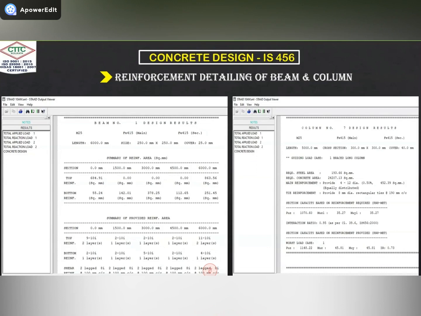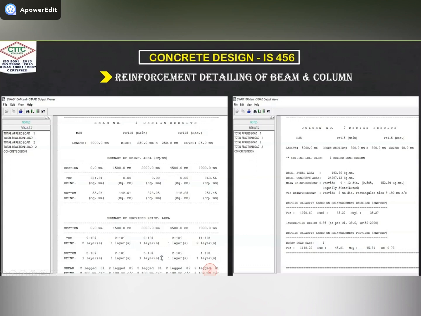How much rod we want to put in the column, what size of rod, and how much spacing. So we need that result, and that result is given by StatPro. You can see here, this one is the result and this one is the column. In BIM, we are sometimes using the number of bars and the size of the bar. The diameter symbol is specified.